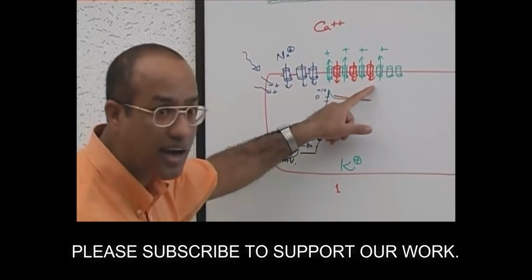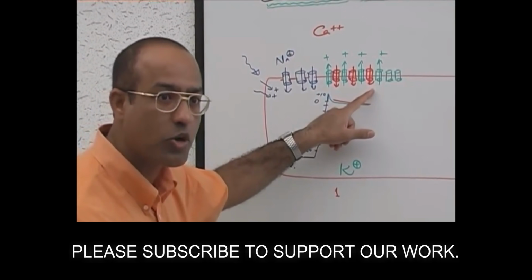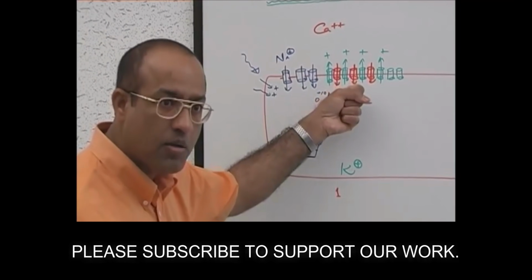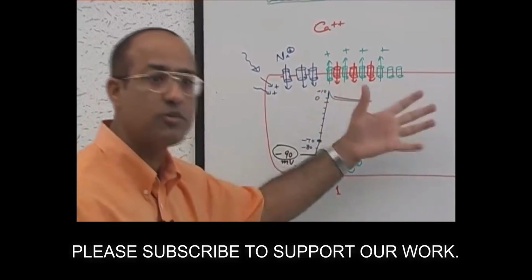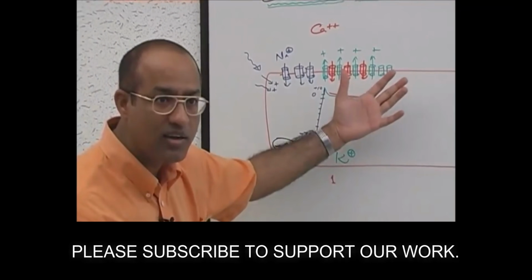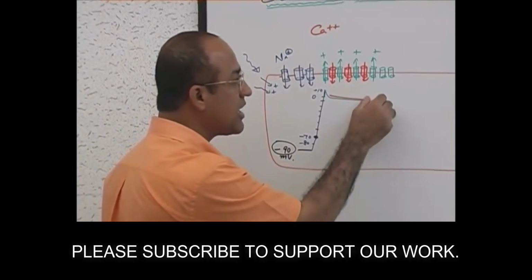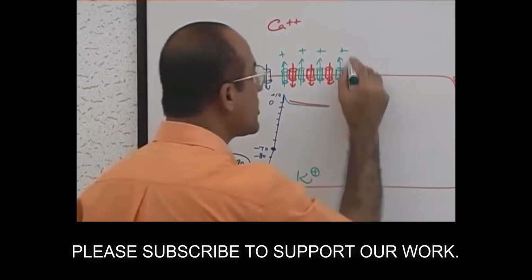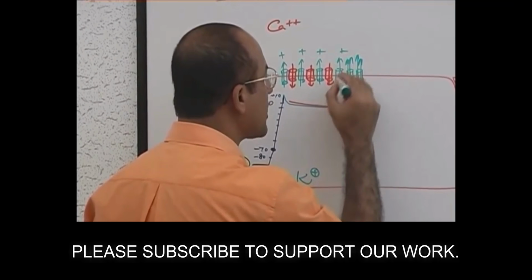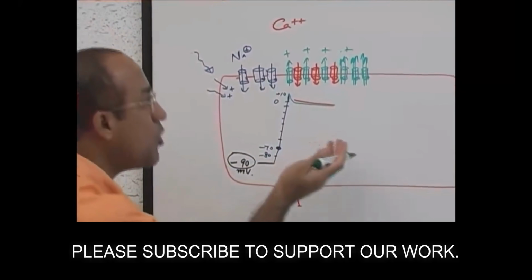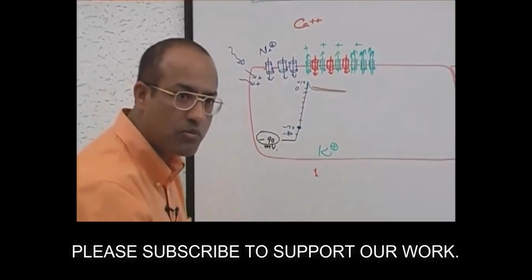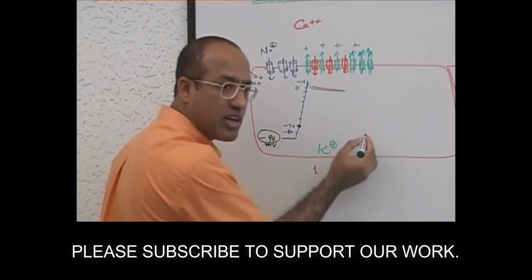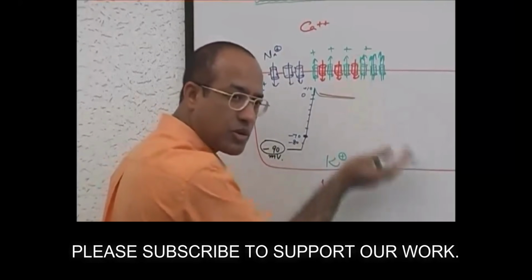But as time passes by, calcium channels close. As time is passing by, calcium channels start closing. But as time passes by, potassium channels become more and more active. So what is the result? By this time, no more calcium is coming in. But because potassium channels have become more active, potassium losses become very heavy. There is a heavy potassium efflux. And as more and more potassium is going out, more and more positive charges are going out. It means the cell will again start developing electronegativity because the cell is losing positive potassium.